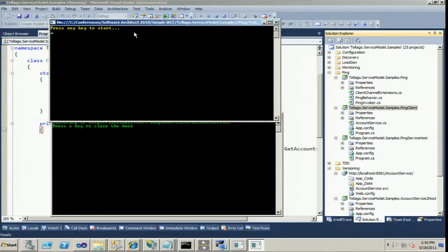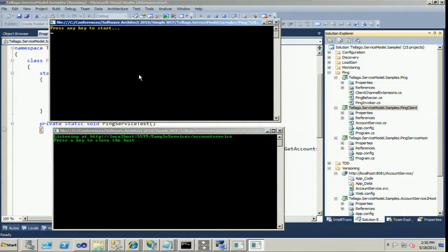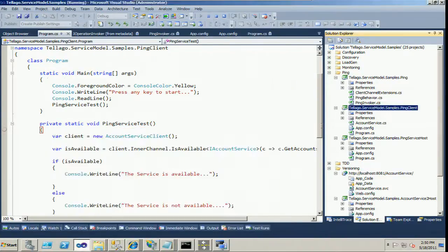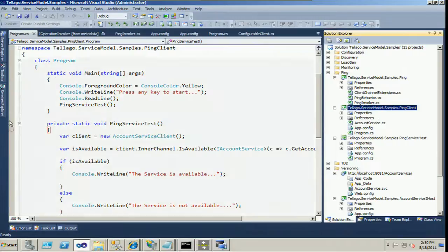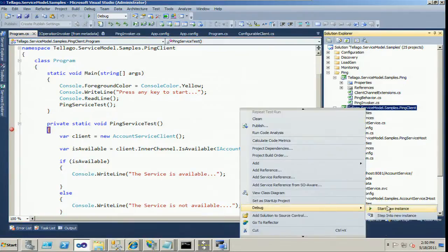And the first thing this thing is going to do is determine if the service is available. They say, hey, it's available, big deal, right? Now, if I shut down the service, and I'm actually going to enable this breakpoint, so you see it working. If I shut down the service,